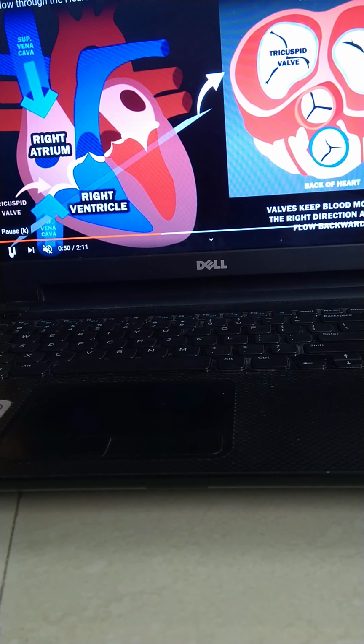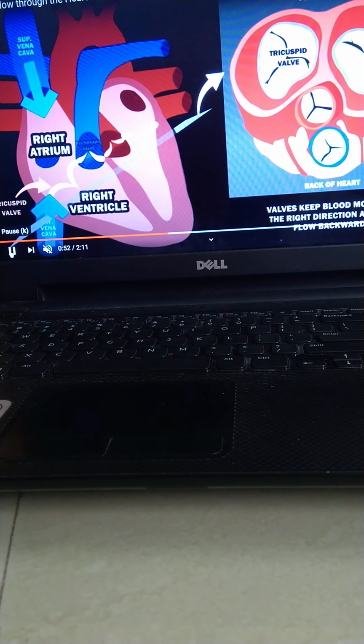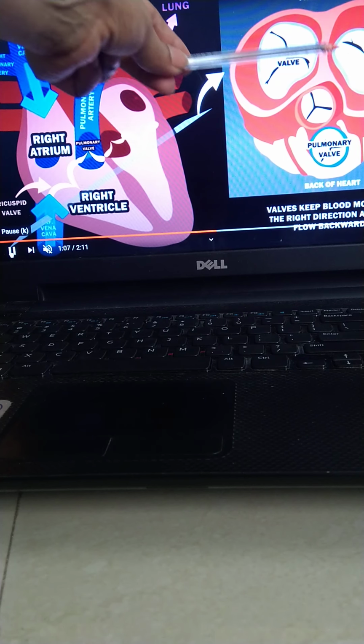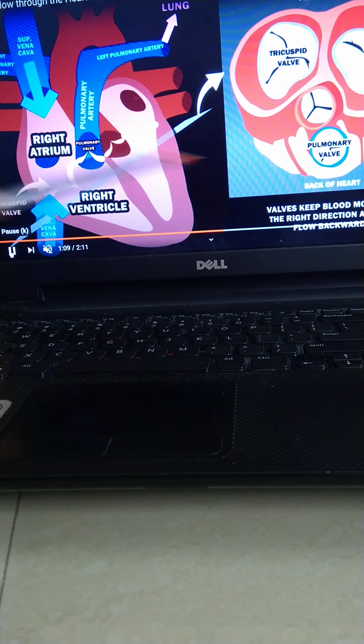Internally, the heart has two auricles, two ventricles, blood vessels that carry blood to the heart and away from the heart, and various apertures and valves. So it's the right auricle, left auricle, right ventricle, left ventricle, then tricuspid valve, bicuspid valve, pulmonary valve. That is the internal structure of the heart.